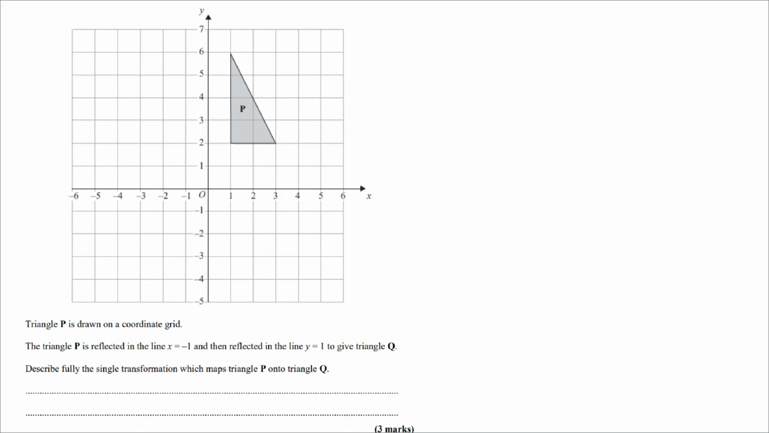Okay, so in this video, we're looking at a mixture of transformations. We'll go through two very typical exam questions where you need to perform multiple transformations. Often, the question is talking about a triangle P, and the triangle is reflected,